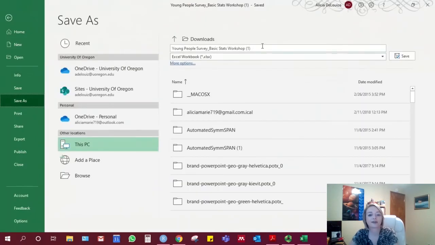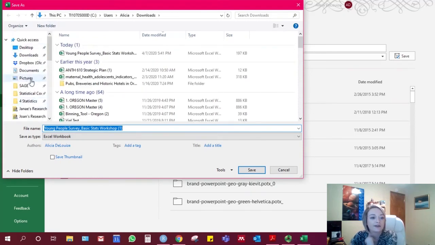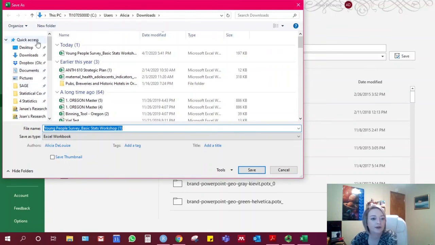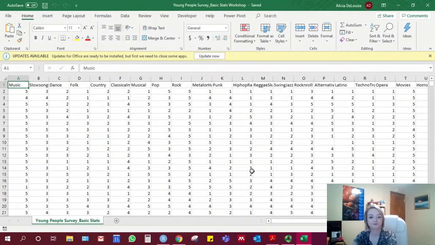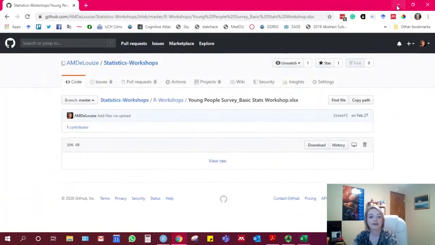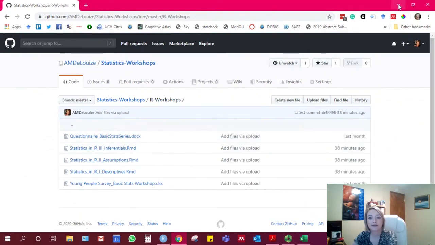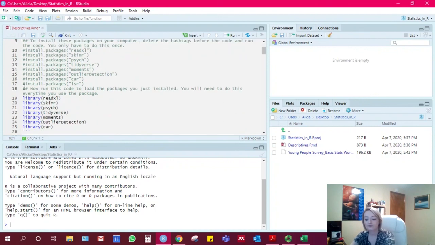Save as. And we're going to put it in the folder we created earlier. This is important because if you put it in a different folder, then you won't be able to access it and write it into our document. Okay, so we're on the desktop. I created statistics in R, and then we're going to go ahead and save that there. Okay. You can also open up the questionnaire if you like to go ahead and get familiar with where that data came from. Now we have our descriptives document here that we're going to be working with during this